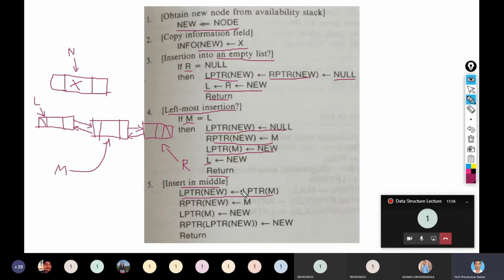The left pointer of new is equal to the left pointer of M. It is not that left pointer of new is equal to M, right? So left pointer of new is equal to the left pointer of M. So left pointer of M is this. Look, left pointer of M is pointing to this node. So now this node would be pointing to this node now.